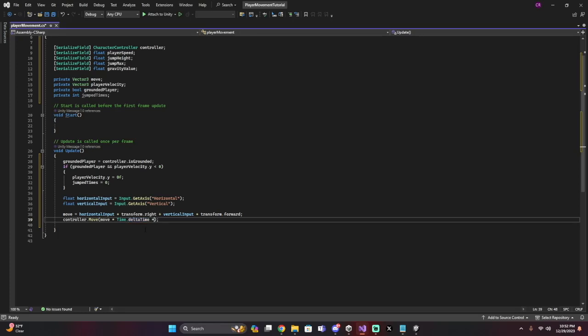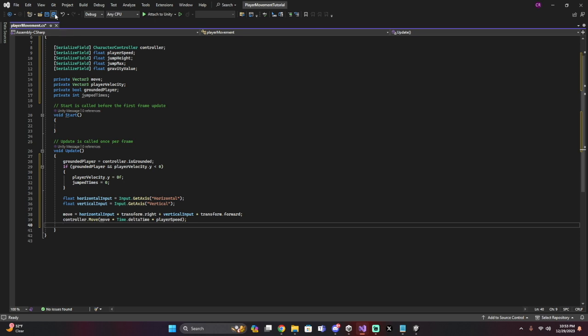All right, and we're also going to times this by the player speed, is what I should have done earlier. So what time delta time does is it changes it from being computer based to time based. So instead of moving really fast, depending on what your computer is, this would be a lot simpler and it levels the playing field for everybody. All right, now that we have that,